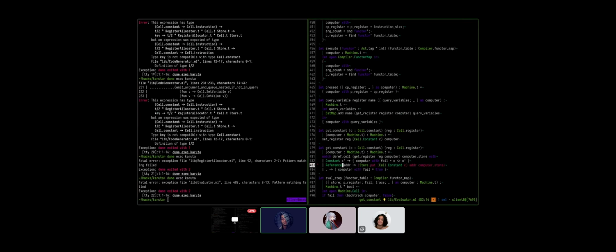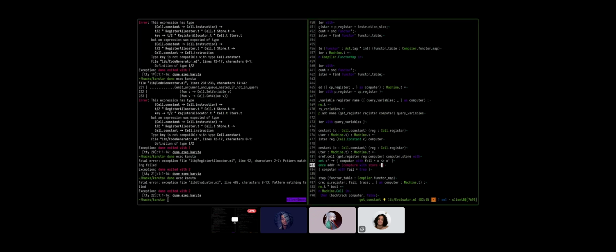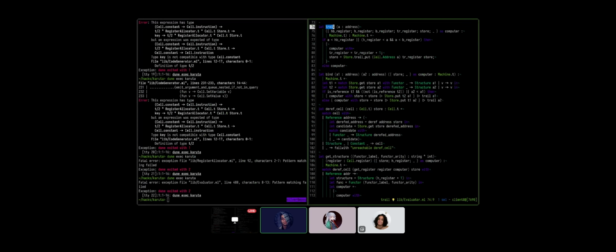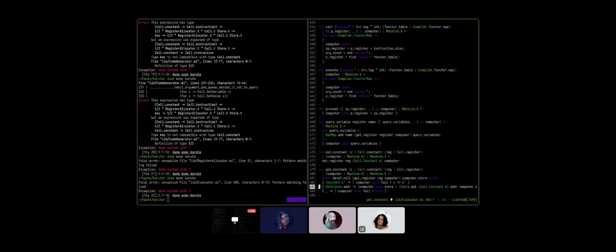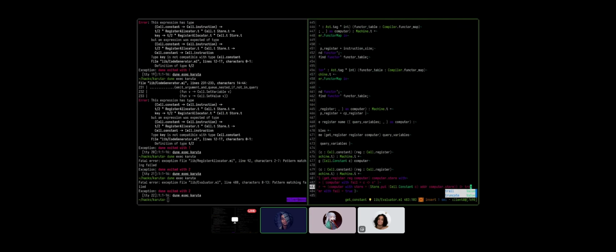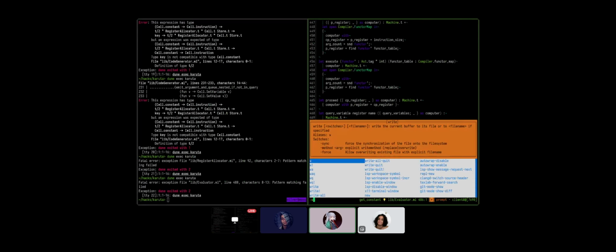And now we need to trail it, probably. This returns a new store. This goes here, but then we need to trail. I'm worried that the trail function is not defined. Oh, actually, it is up here, so it's fine. Trail takes an address and takes a computer. Just pipe the new computer to trail and put the addr as argument. There we go. That's it.